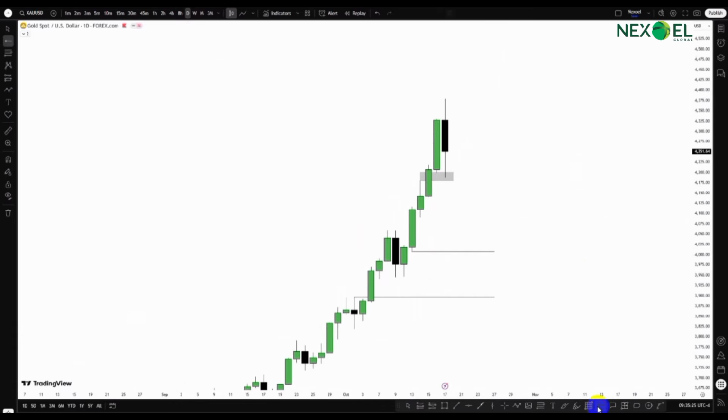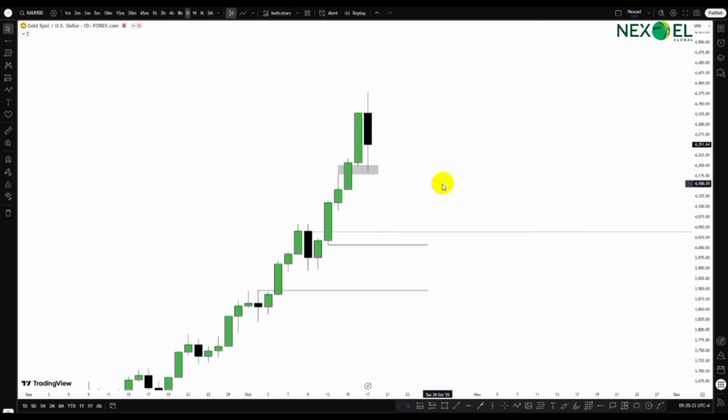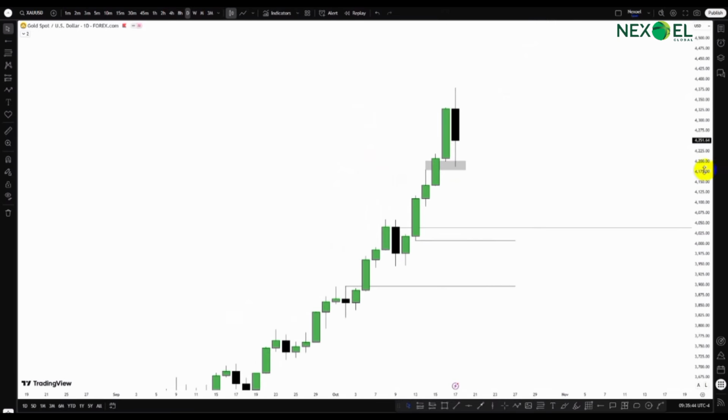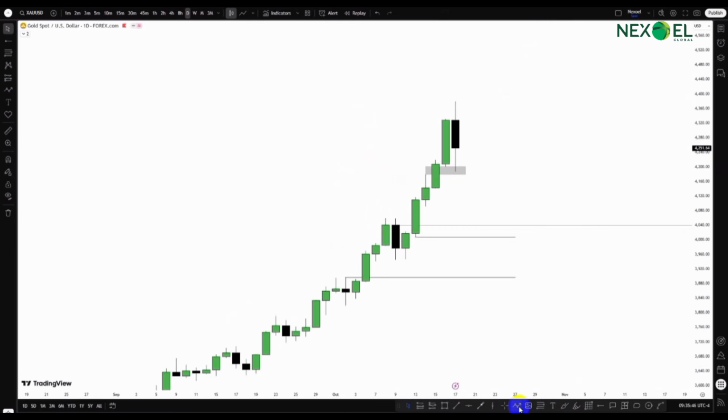And in confluence to the weekly fair value gap, clearly we can just mark this sell movement here before the buy movement to the upside. So we can see that gold traded bearish to the downside into this bullish fair value gap here in the daily time frame. And we can see price respected the consequent encroachment and closed above that. So it means from the daily time frame, if price is going to continue bullish, looking at the fact that this fair value gap was respected, then we could just see gold continue bullish to the upside, creating another new